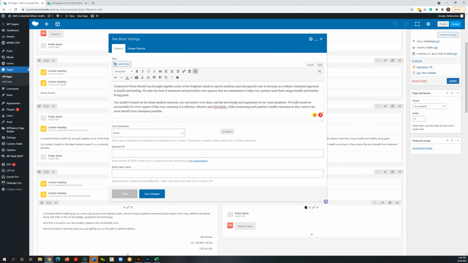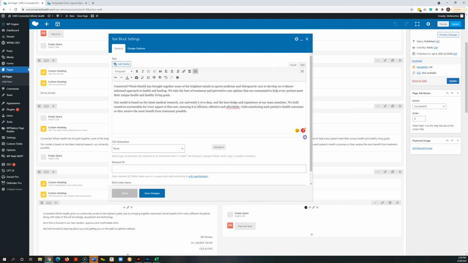You can resize this window as you want. You can make this text space larger to work in. But for the most part, you can see it's just like working in a Word document. So you've got bold and italics and bullet points and all of those good things. So if you want to add some new text,